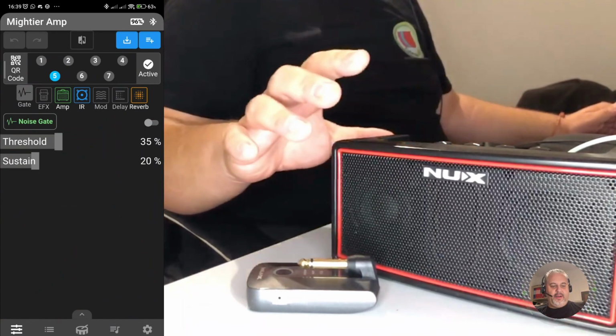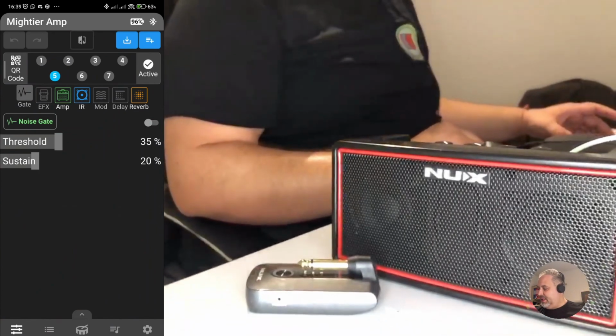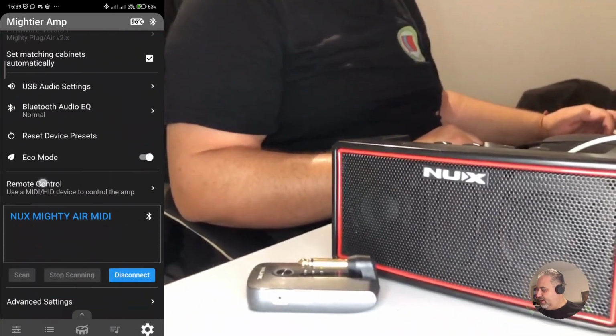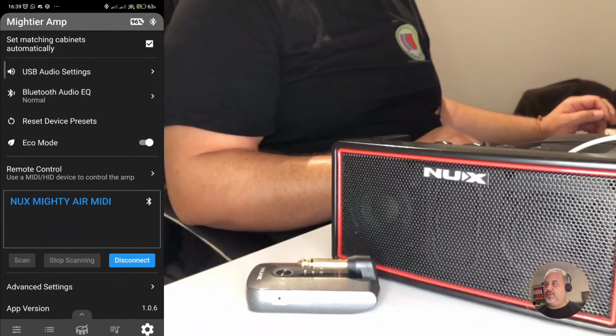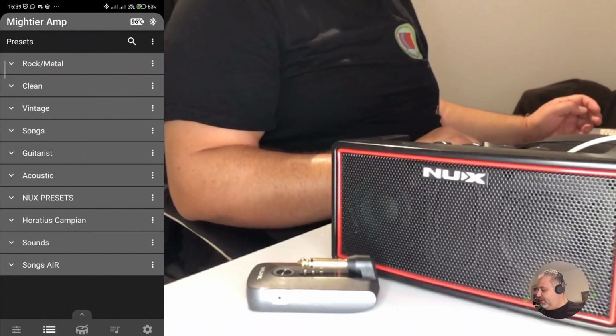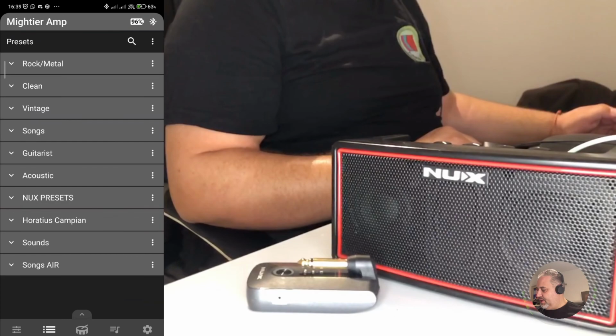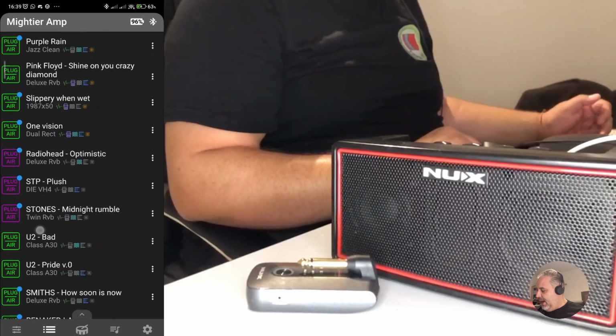So I will start with NUX Mighty Air. This is simpler because the effect chain is easier. As you see, I'm already connected to the device. I have already a preset that I'm going to share with you. I named it